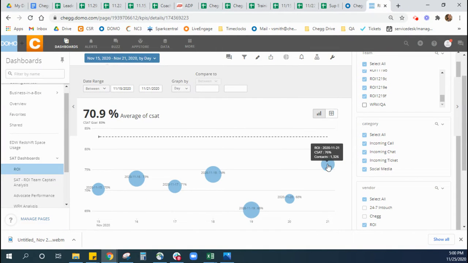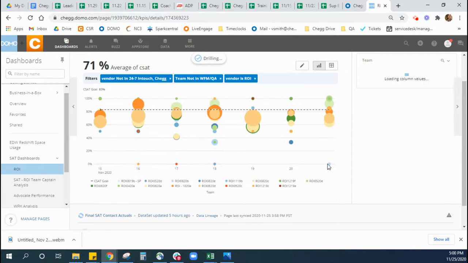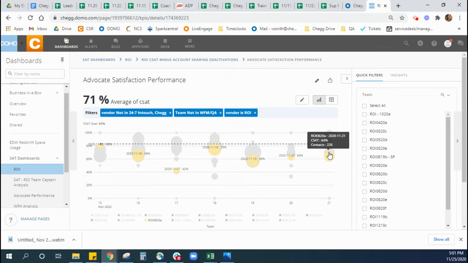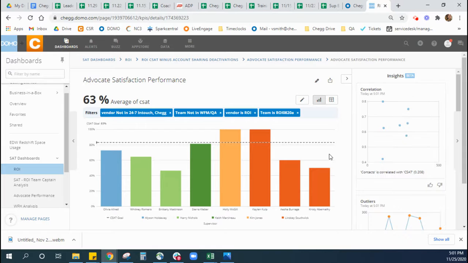So select on the most recent dot, and that's called drilling in. So you are drilling in to see a little bit more detail. Now you're seeing each individual training class and how they line up on the CSAT scale. So you can kind of train like a CSAT hire based on time that they were hired or whatnot. But that's different analytics. Okay, so now I've clicked into the most recent training class, and I'm just seeing CSAT